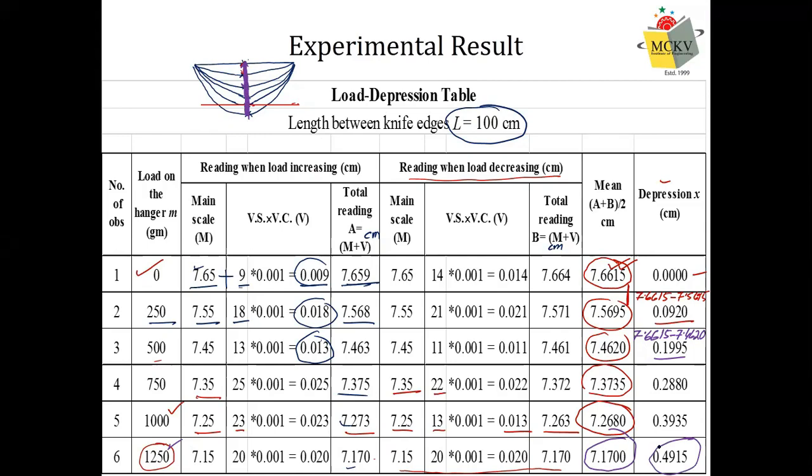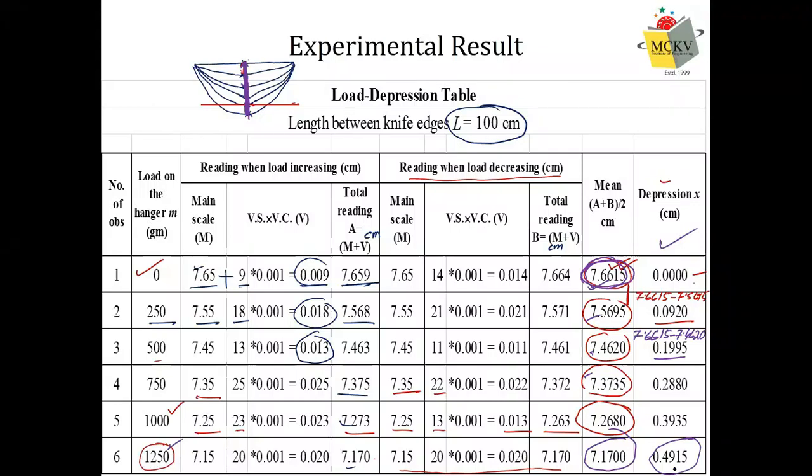So the point is, to find out the depression column, you need to subtract these position values from the position under no load condition. That means from this value. Then you will get the depression for each case. So initial depression is 0 because no load is applied, and then depression should continuously increase. And you observe the same. You are observing that depression is increasing with increasing load. So that is theoretically possible, and we are observing the same thing. But